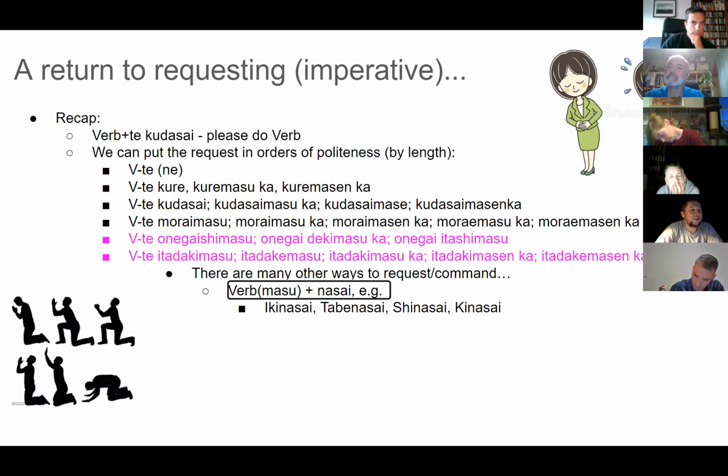Yeah. So where would you put this nasai in a level of politeness among those above? I think on a following slide, I might even have a spectrum to show you. In fact, I don't think it was in this lesson actually. Later on, there is a kind of full spectrum to show you where these things occur. It might be in the next couple of slides, but I think it's a few more weeks in the future. I'll find it after this slide, and I'll point you towards it.